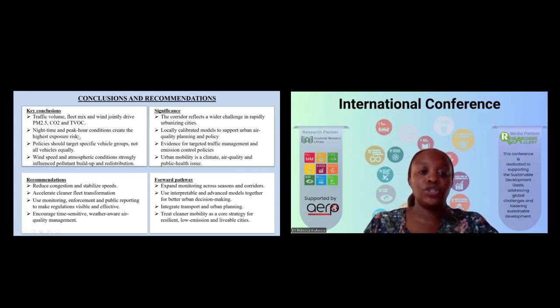My recommendations from these conclusions were reduction in congestion and stabilization of speed, which can be done by setting up coordinated signal timing, enforcing speed management and freight scheduling, and also encouraging eco-driving campaigns. Acceleration of cleaner fleet transformation, which can be done through strengthening